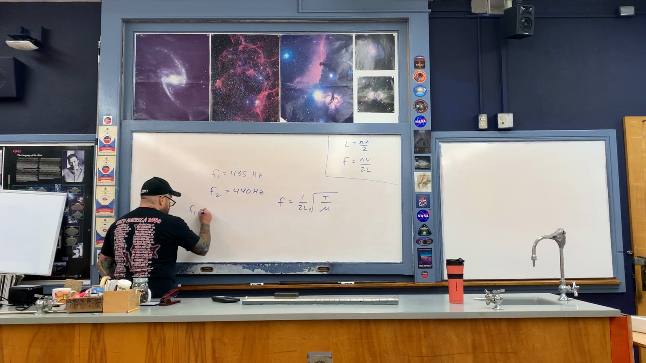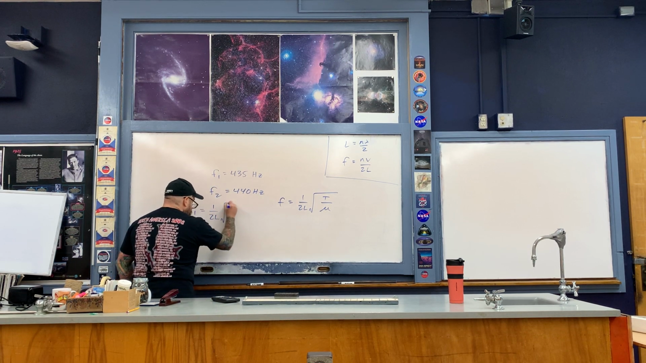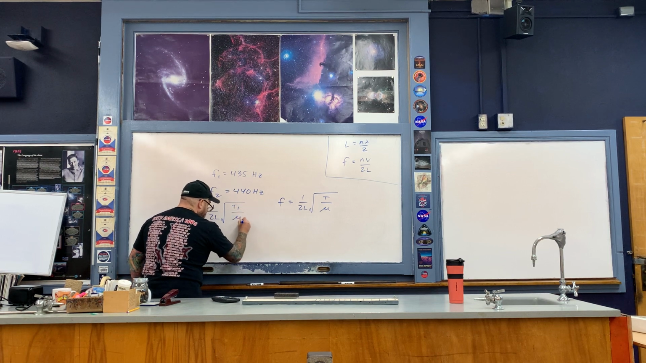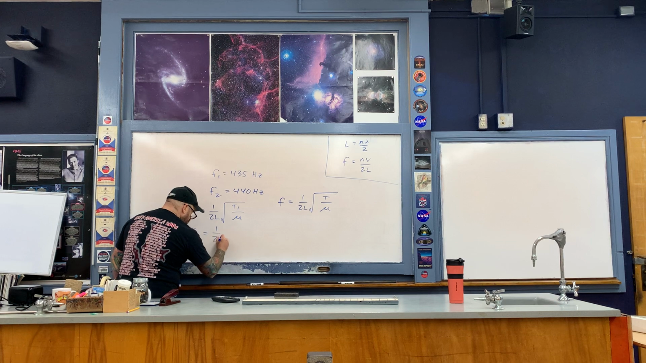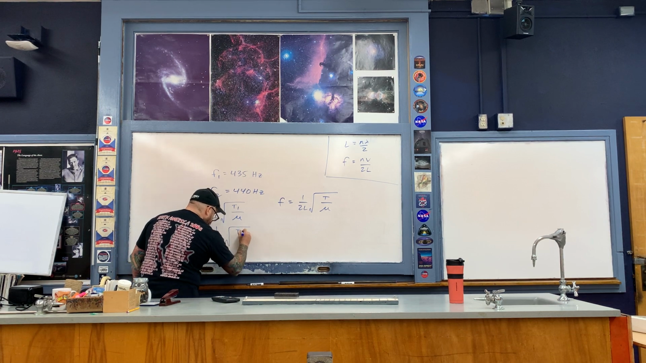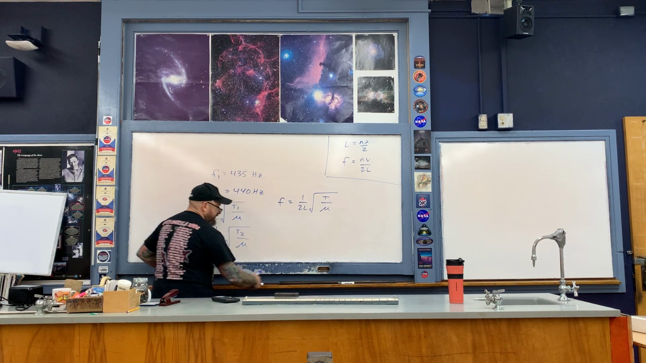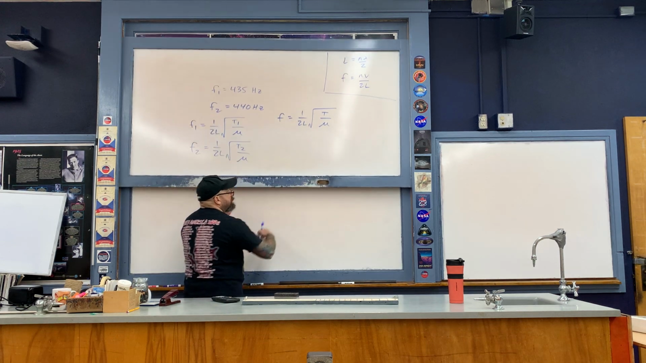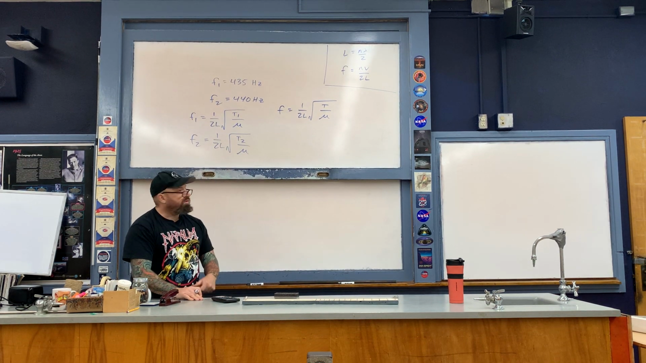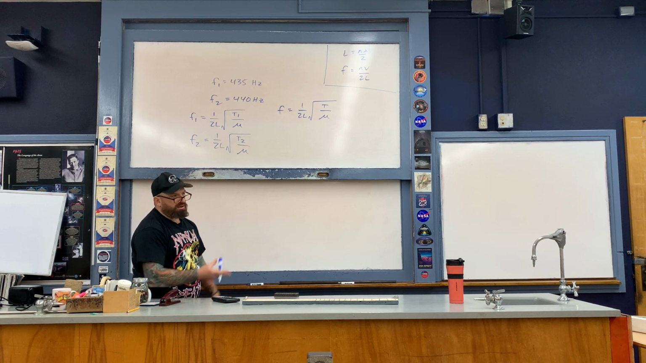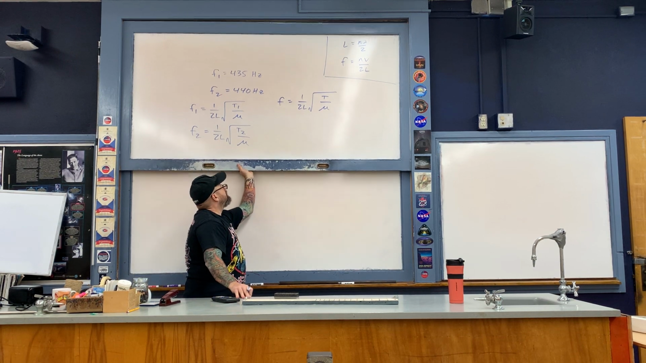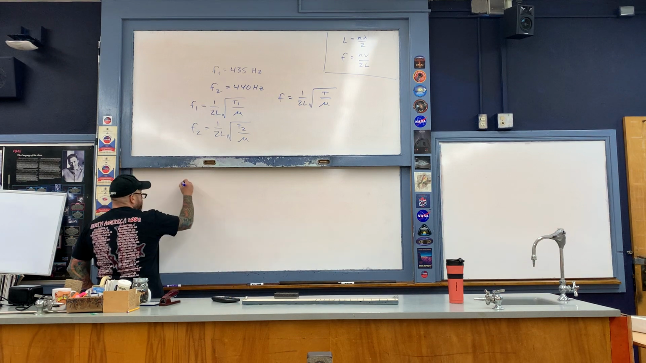So F1 will be 1 over 2L times the square root of a tension T1 divided by the density mu. And then F2 will be 1 over 2L multiplied by the square root of a T2 now, divided by the same mu. And then, like I did in the first example, what I'm going to do here is just take one of the frequencies and divide it by the other. It really doesn't matter which way you do this. So I'm going to go ahead and take F2 and divide it by F1,